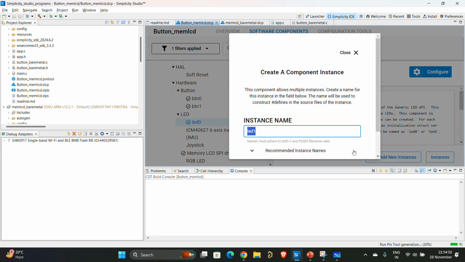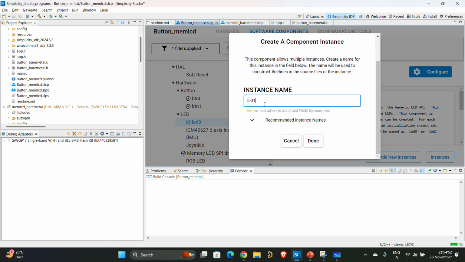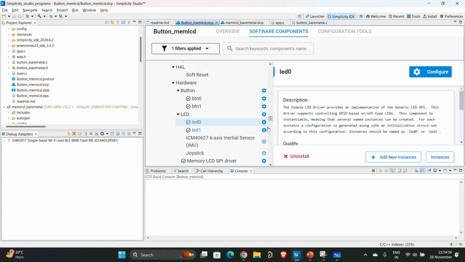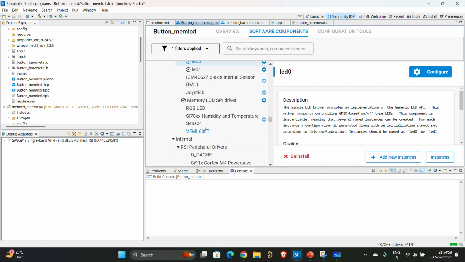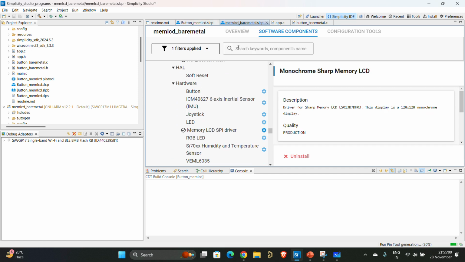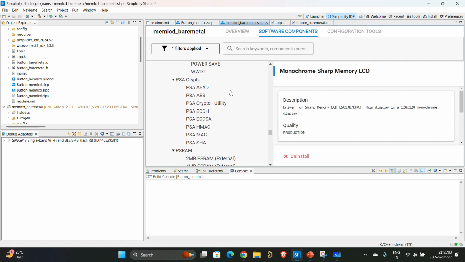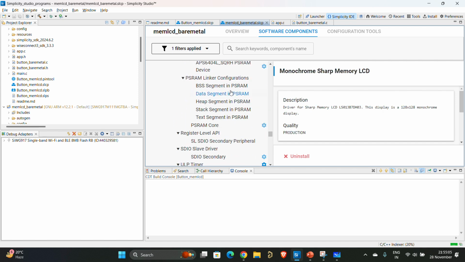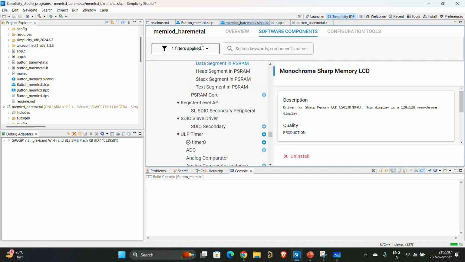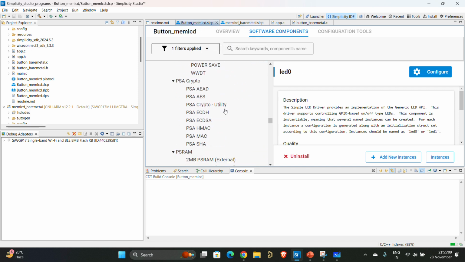The same with the LED 0. Click on it, add new instance. It will be recommending LED 1. If not, you only type LED 1 and click on done. Once it is installed, you will be seeing LED 1. Yeah, that's what it is. And you have to come back and start checking again. No external PSRAM. And if you move down,